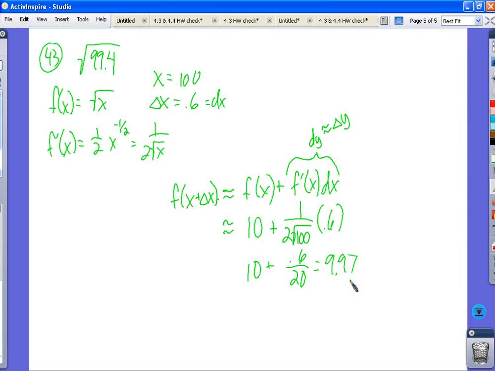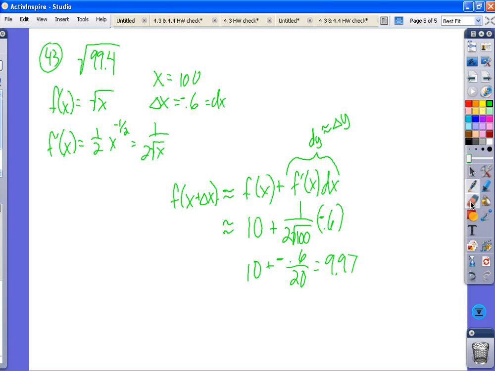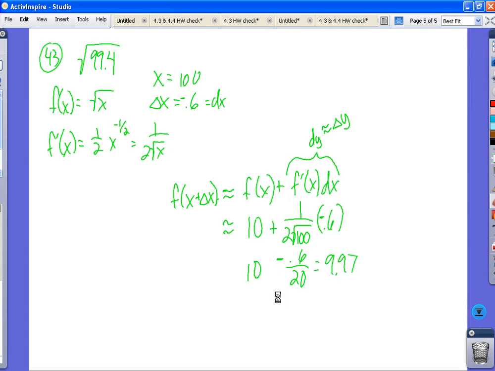Oh, you know what we did? What did we do wrong? I added, plus or minus. It shouldn't be plus, it should be minus. Why is it minus? Because we're under 100. We went from 100 back to 99.4. So why'd I write plus up there? Because I made a mistake. All right, 10 minus 0.6 over 20 would be